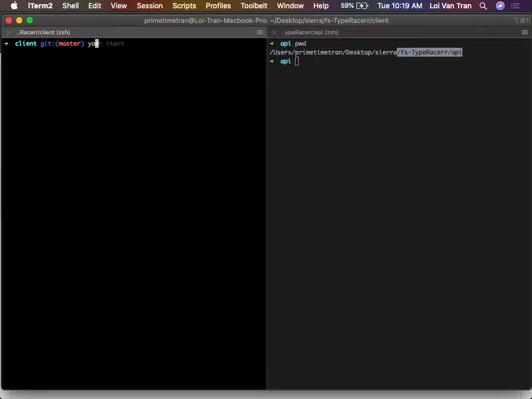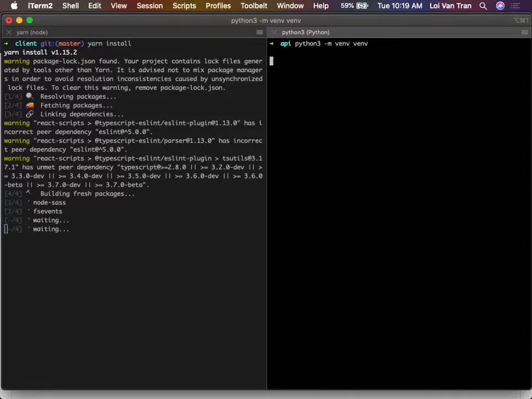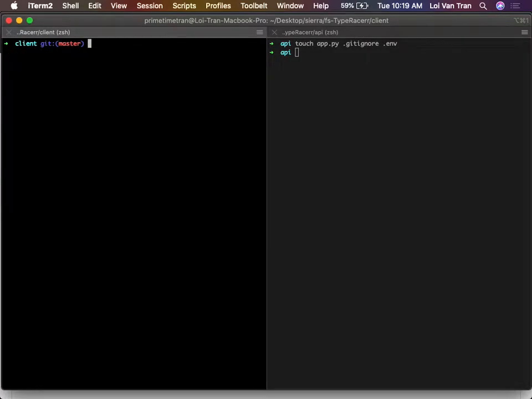Inside of our client now, we're going to do yarn install. And then inside of our API, how can we build a Flask application? We do python3 -m venv, we create a virtual environment. Then we need some other things that should be memorized. Let's create an app.py, a .gitignore, and a .env. So we can see on the left that our yarn install has worked, and now we can do